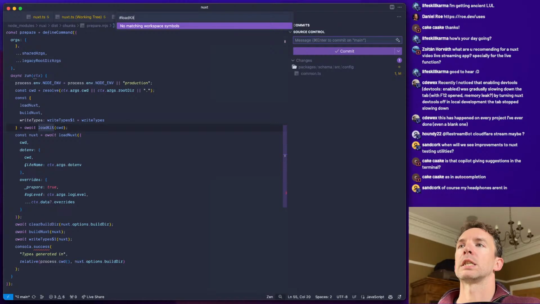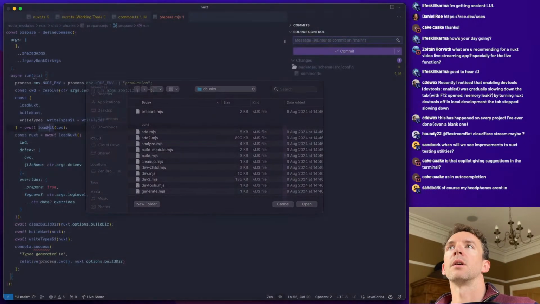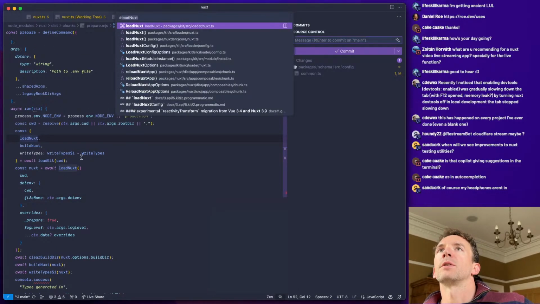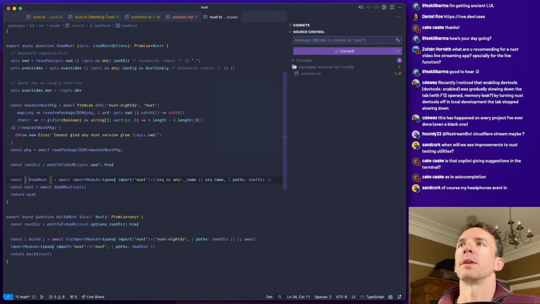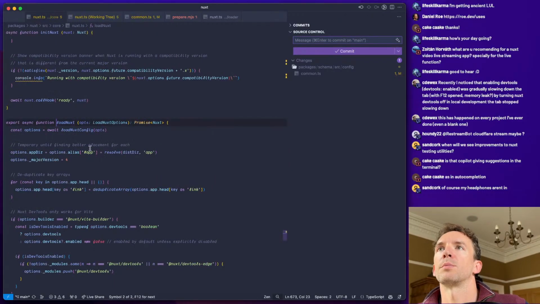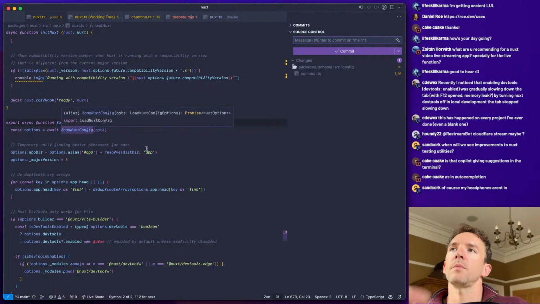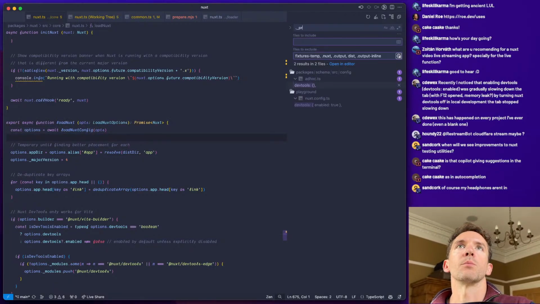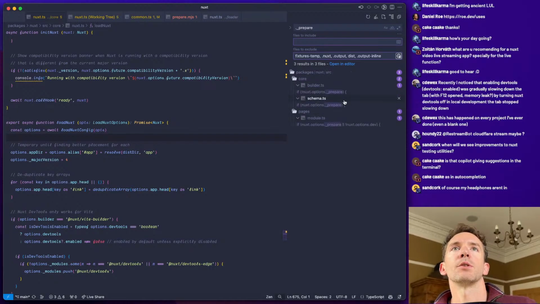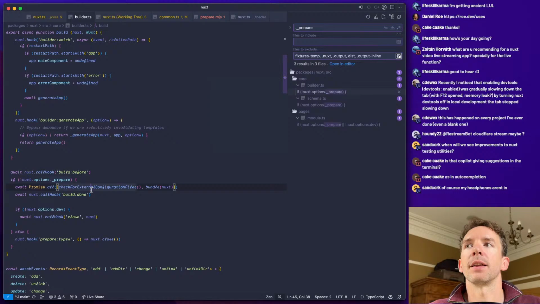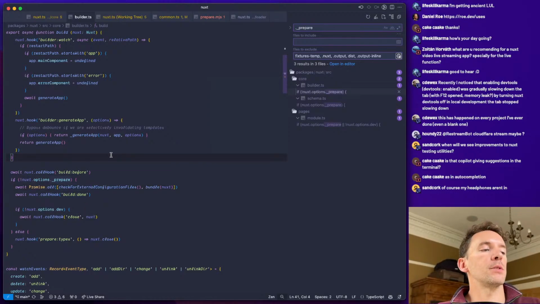Okay, load kit. Oh, that's not it. I'm not looking for load kit. I'm looking for actual load nuxt. Okay, we're loading nuxt, and basically we're passing in the options for load nuxt. Load nuxt options are load nuxt config, and where are we doing prepare? Are we doing anything in here? We're just detecting it. I think we basically have to specifically, we might almost have to pull our